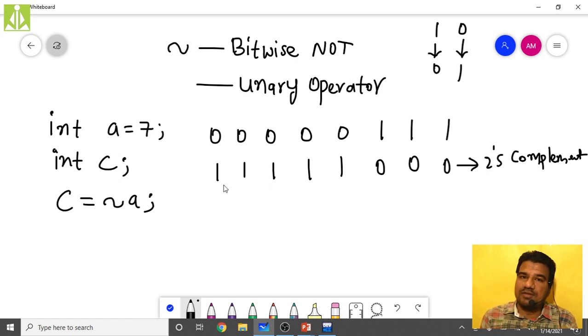Here you have to confirm that it is a negative number. Why? Because your sign bit is 1. If the sign bit is 0, it is a positive number. If the sign bit is 1, it is a negative number. So we confirmed it is a negative number, and we are finding out that number. In the process, we are getting 7 also. 2's complement means invert all the bits and add 1 to it. So I am inverting all the bits: 0, 0, 0, 0, 0, then 1, 1, 1. Don't think that this is negative 7, that is not correct. We have to add 1 also to it. Adding 1 is pending.